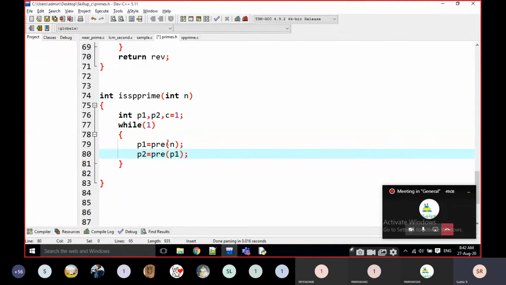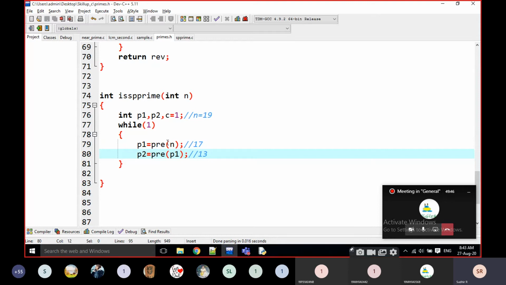Do you agree with me or not? For example, n is equal to 19. I am going to find what the previous prime of 19 is, that is 17. Now I am going to find what the previous prime of 17 is. That is going to be 13. In this way I am going to find. Okay, there is no function for previous prime. Now I am going to write it.